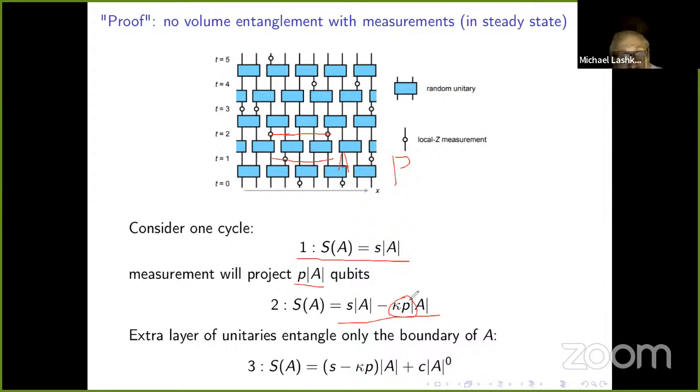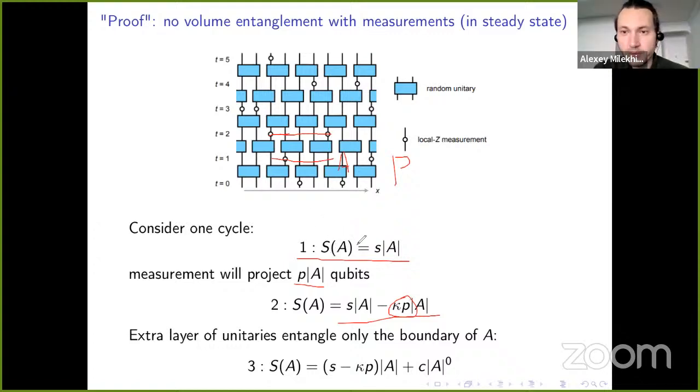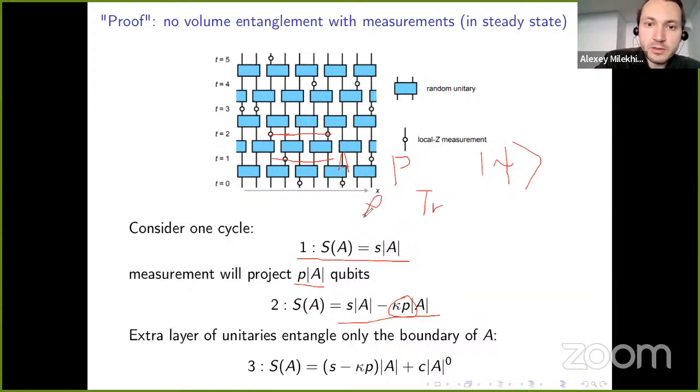Excuse my ignorance. What is S of A? What is its definition? It's a von Neumann entropy. So I have a state psi on the whole slice. Then I can form a reduced density matrix, rho A, which is when I trace out the complement of A. And then S of A is minus